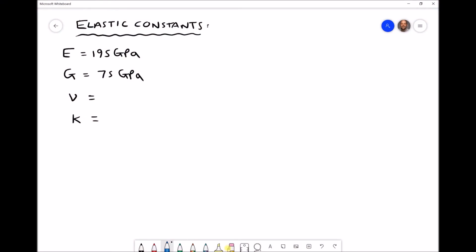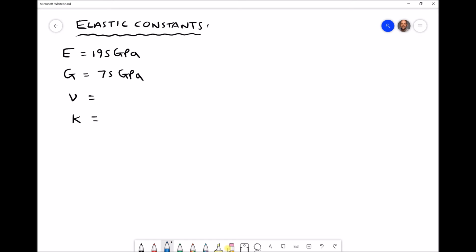In the previous video, we discussed a number of different elastic constants, and we talked about how those elastic constants were connected by a range of different equations. In this video tutorial, we're going to look at some practical examples whereby we're going to calculate unknown elastic constants for different materials. So in this first example, we have an elastic modulus of 195 gigapascals, and we have a